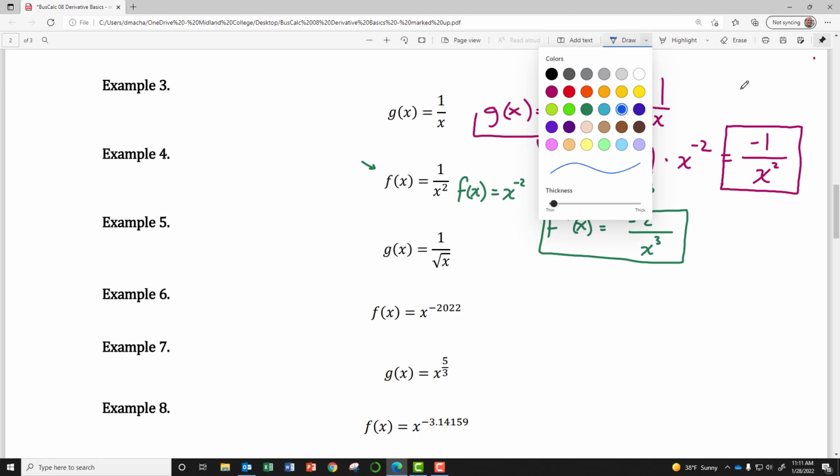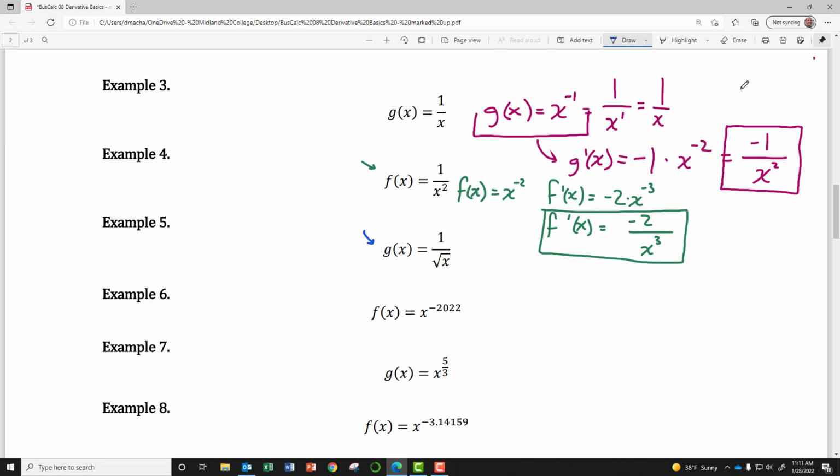Okay, example 5 here. g of x is 1 over square root x, and so I can write this as g of x equals 1 over x to the 1/2 power. But that x to the 1/2 power in my denominator, I could just rewrite as x to the negative 1/2 power. Remember, the negative means you can put it in your denominator. And I like this form because it allows me to use my derivative power rule. So I will write negative 1/2, which is the old exponent, times x, and then I'll decrease the exponent by 1, so it'll be negative 3/2